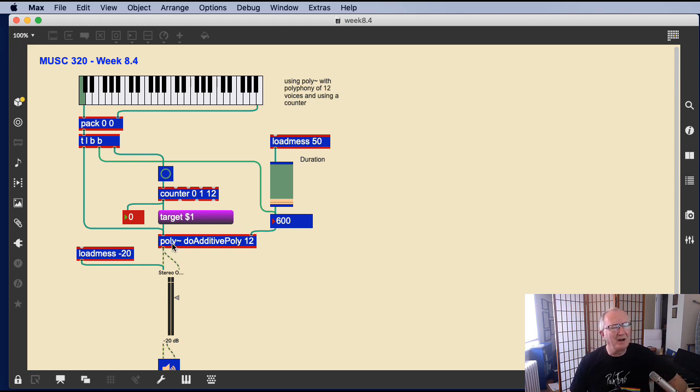What the poly tilde object does is it takes an argument which is the synthesis engine that is going to be used for the polyphonic allocation and rendering of notes. Okay, and then it takes a polyphony size. So this is a polyphony of 12, meaning we can have up to 12 voices running at any given time. What actually happens in poly tilde is that in memory, not visibly out here as patches, it has created 12 copies of this do additive poly